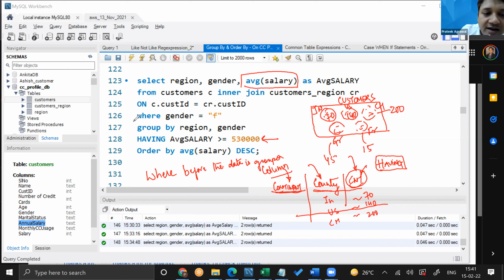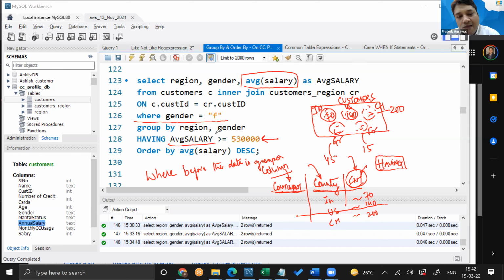For example, here we said we are looking for females. So this is at the column level, or as we say, this condition will filter all the rows which are not females. So it is at the row level, whereas this condition is using one of the group functions and it is applied after the data is grouped. It's like selecting data from a pivot, from having. Yes, you can say from a pivot.